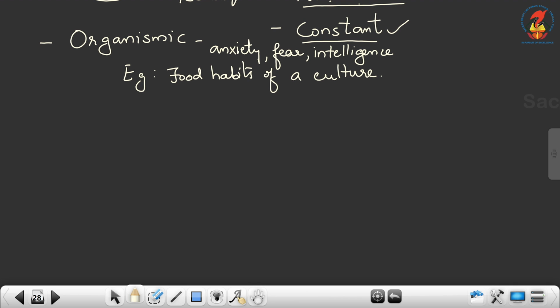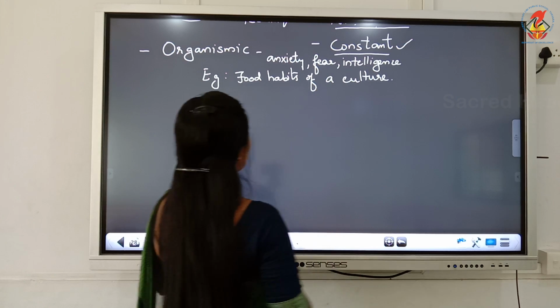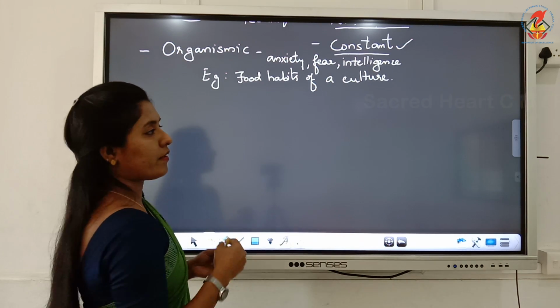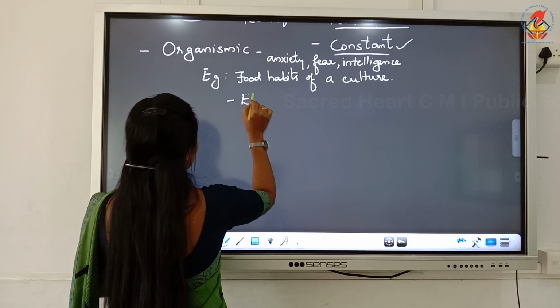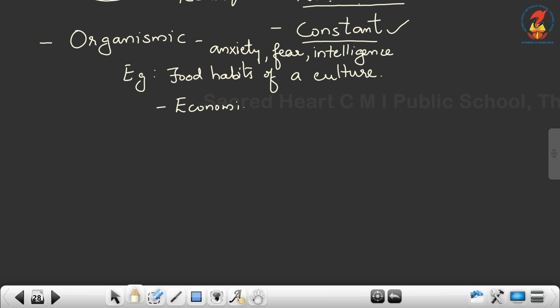So we are going to study the food habits of a culture. The extraneous variable here is the economic background.